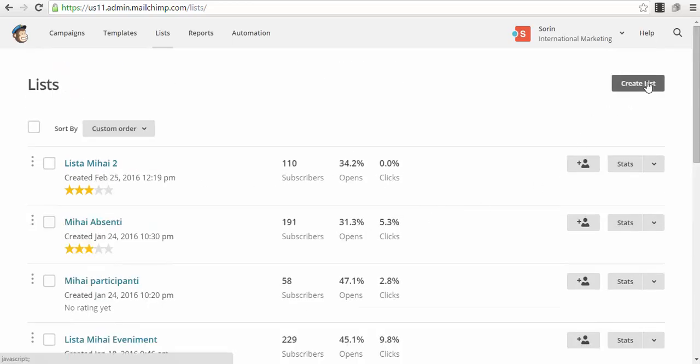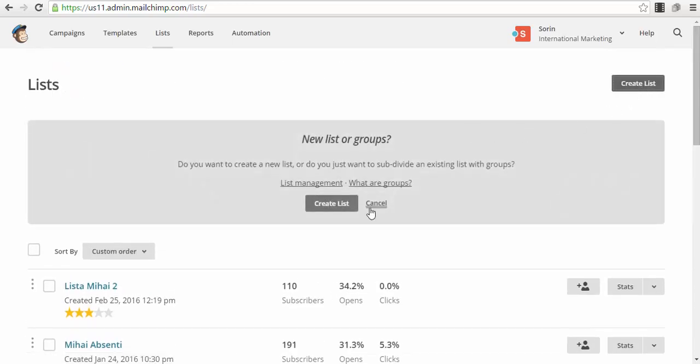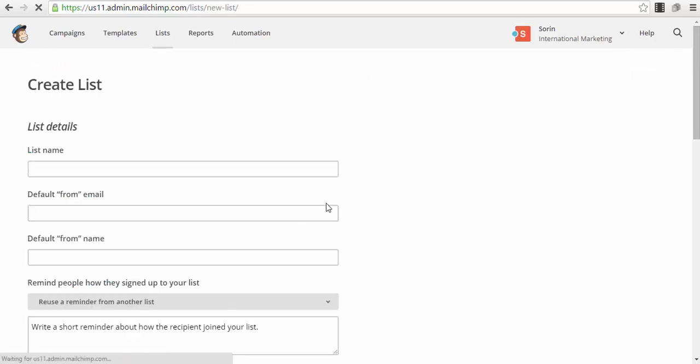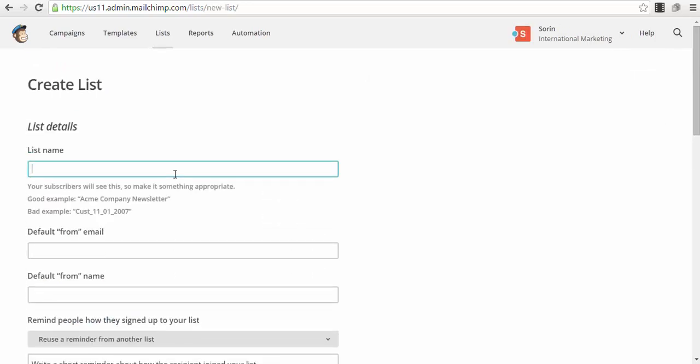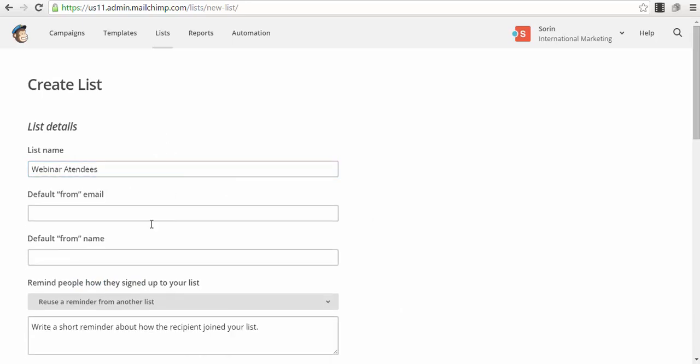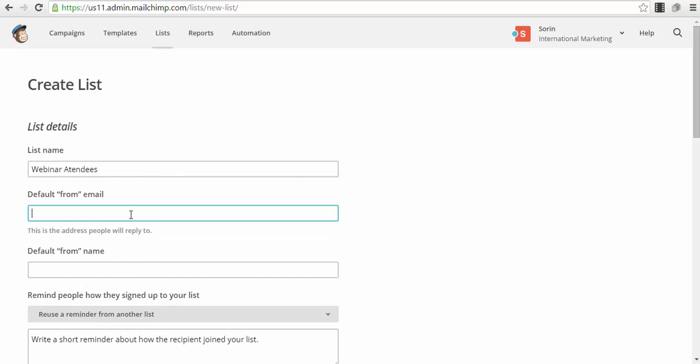So you just press the button create a list, you go here, you continue, you give your list a name, webinar attendees. Okay, default form. So when people that are subscribing to this list will get an email, okay, in their inbox